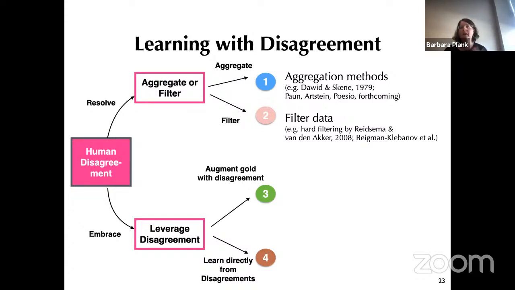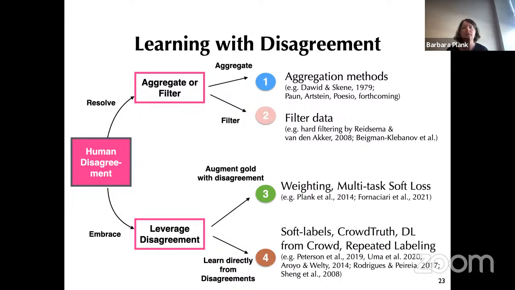In the augmentation world, a couple of approaches which have been explored are that you take small agreement samples and then weight your examples by this disagreement, or use a multitask soft loss. I will get into these two approaches in a second.